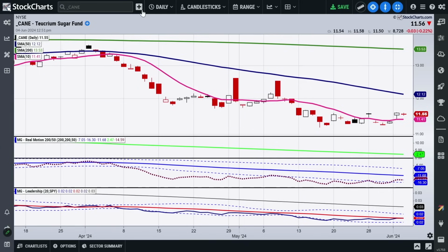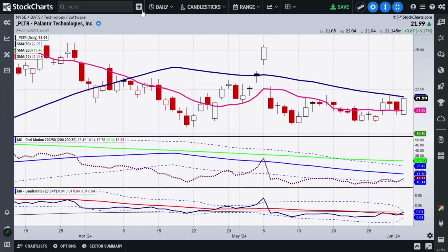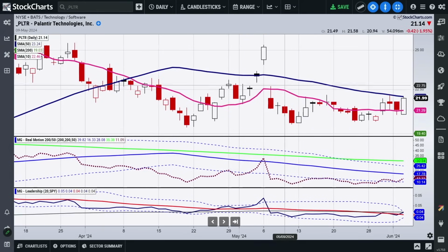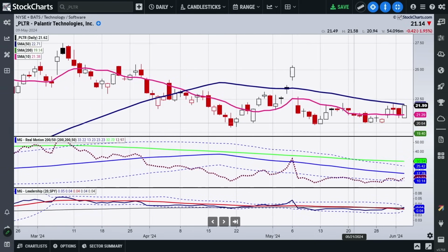All right, now let me give you a couple of stocks to look at before we go. Things that are setting up, obviously defense and cyber security is still a very big area to be looking at. I've been sitting in Palo Alto for a while, but this is now starting to look more interesting to me. Palantir, you had that big gap here, and then it failed terribly on that gap down, probably sucked in a lot of longs and got a lot of people hurt. We've not played this. Might be the second time I've ever been interested in actually buying this particular stock. But what I like about it is the mean reversion, the outperformance here again on the leadership of the SPY.